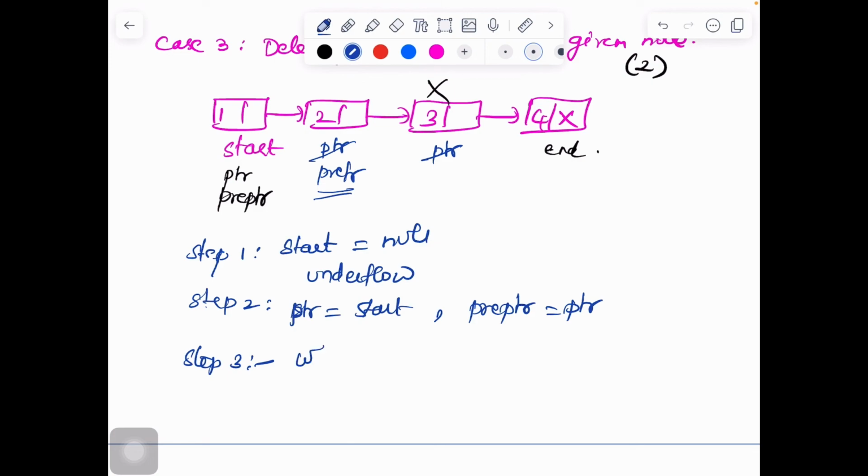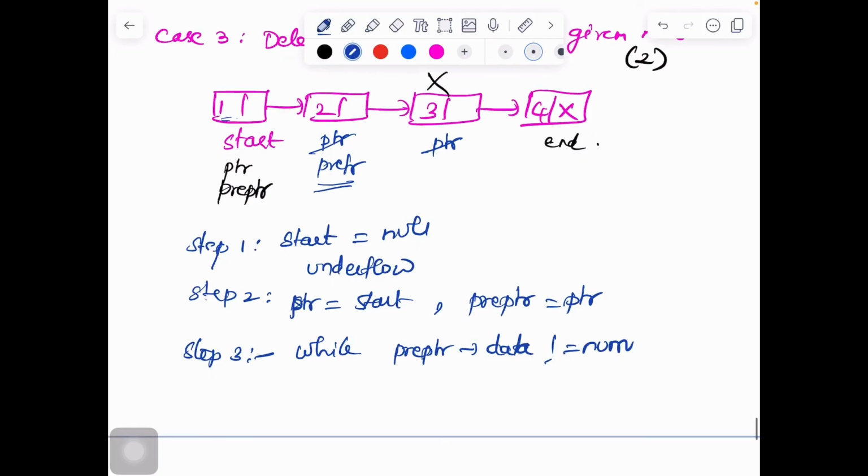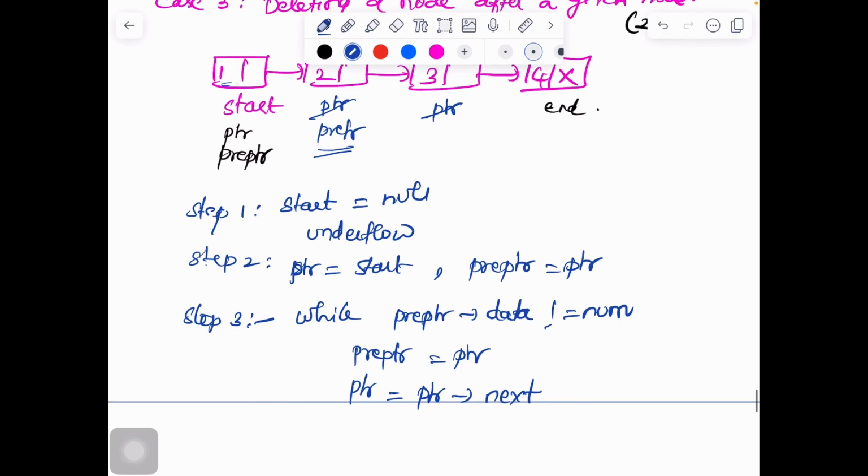So I write while pre-ptr's data is not equal to the number, say 2. Say that the first node is not equal to the number 2, then you have to perform the traversal, right? You have to move. So we make pre-ptr point to ptr and we make the ptr point to ptr's next, right?